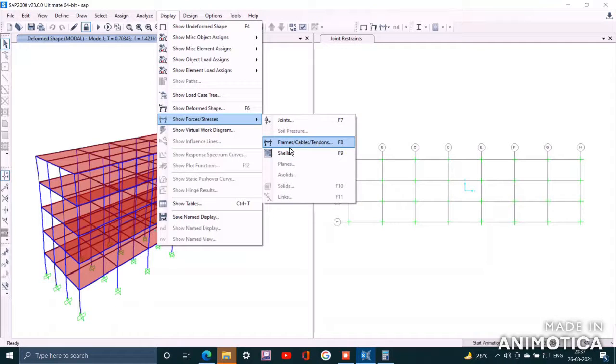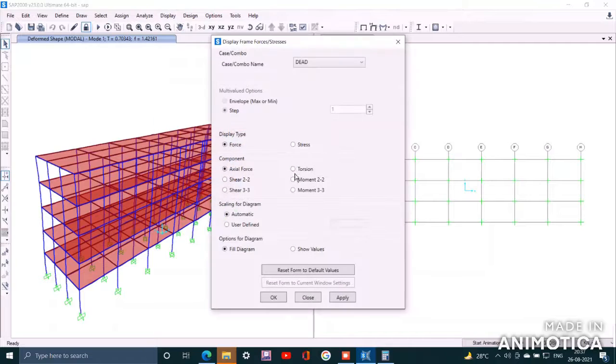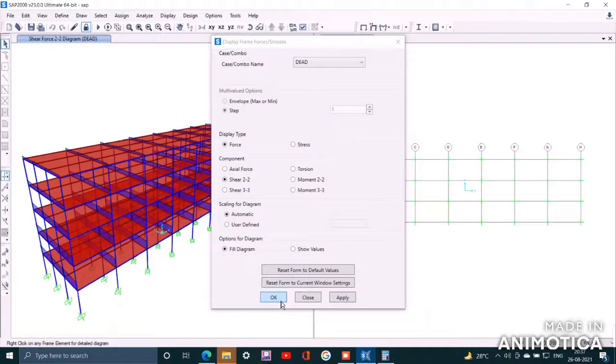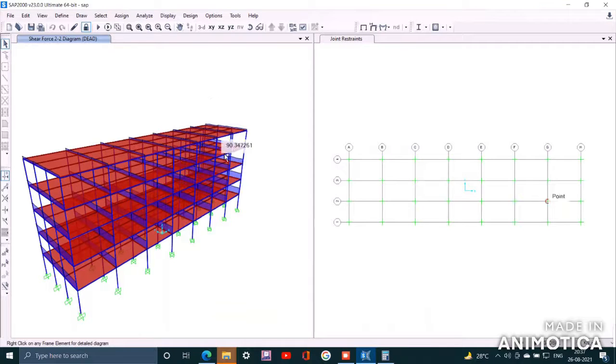Here we'll check the shear force diagram and bending moment diagram. So first shear, check on shear tool and click on apply. So we can see this is the shear force diagram for the respective structure, and